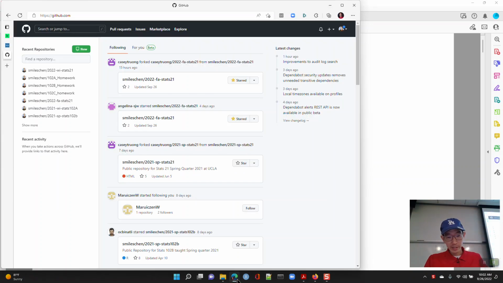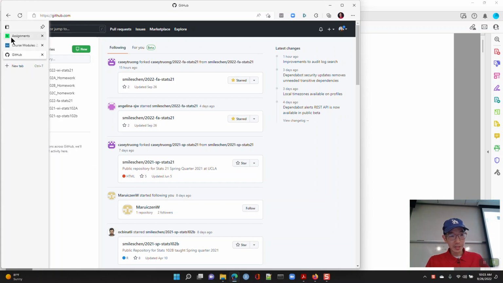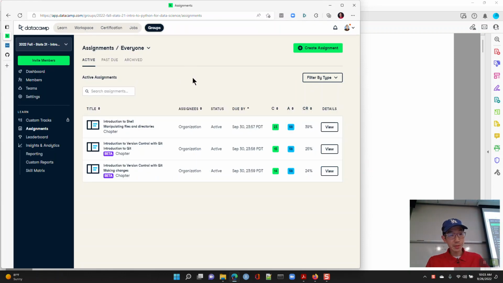And again, just to reiterate, make sure you do your DataCamp homework, and your DataCamp homework should give you at least an introduction to some of these ideas and concepts, working with shell, working with the command line,